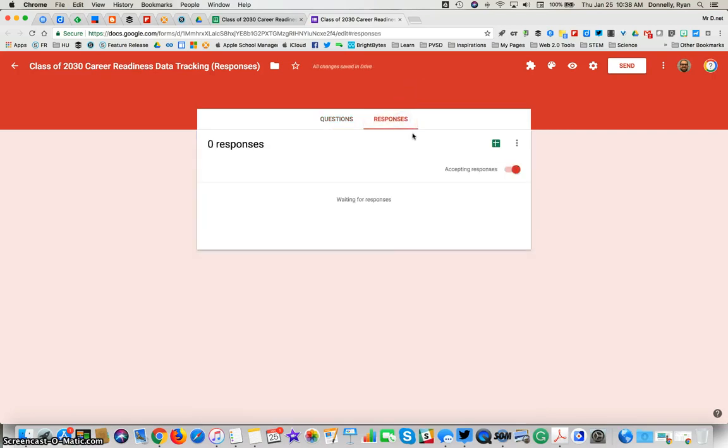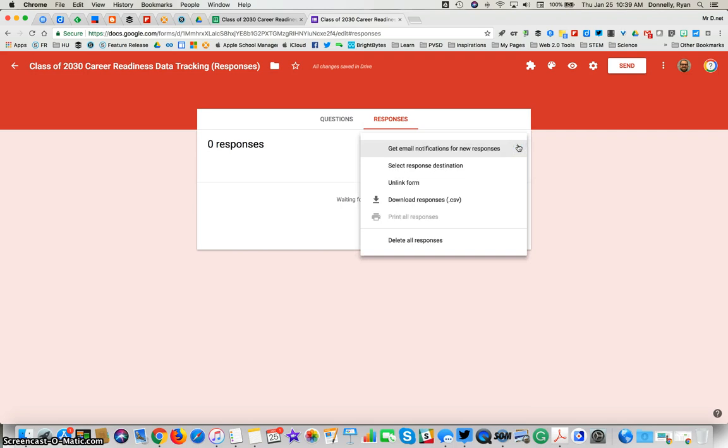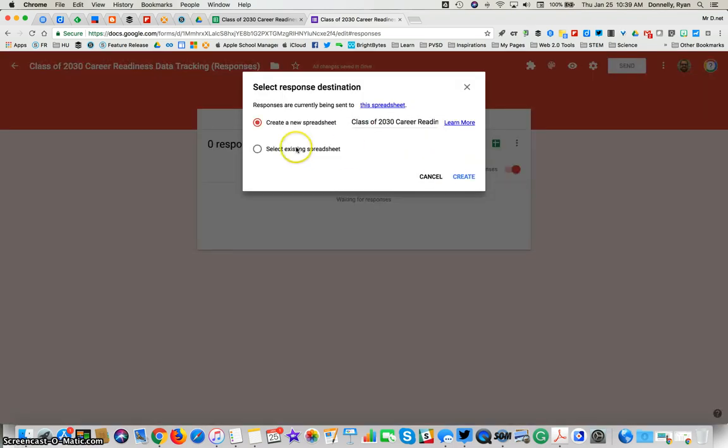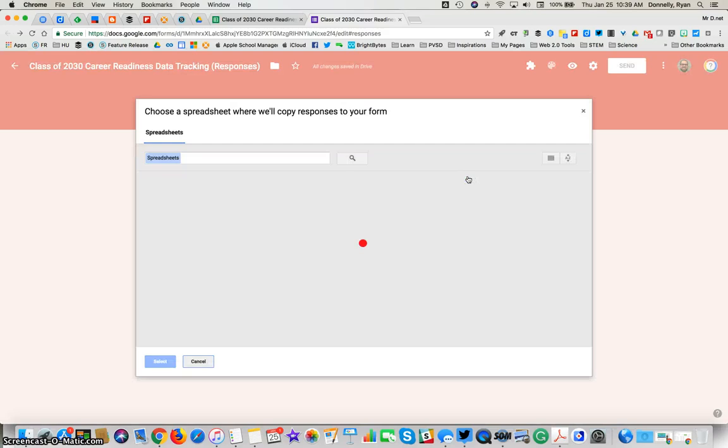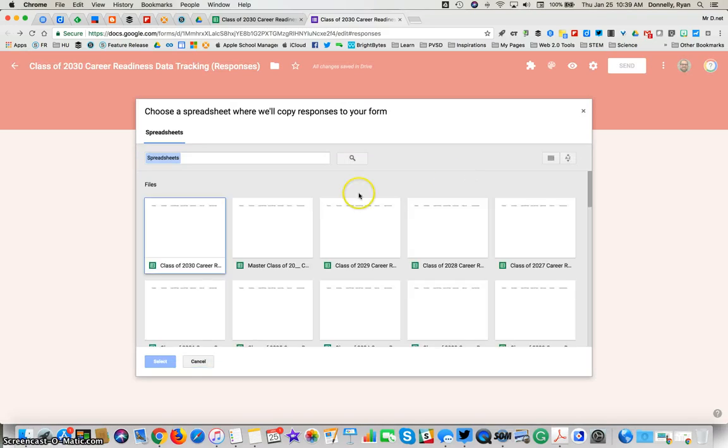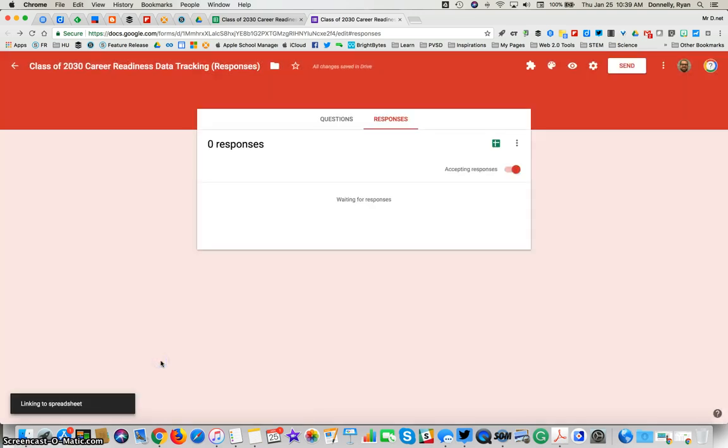Then I go to Responses, hit the 3 dots, select Response Destination, select an existing spreadsheet because I don't want it to create a new 2030. I just did all that work to make the 2030 spreadsheet. So we don't want to create a new, we want to select an existing one, and here's the existing one that we just finished editing. So I'll select that,